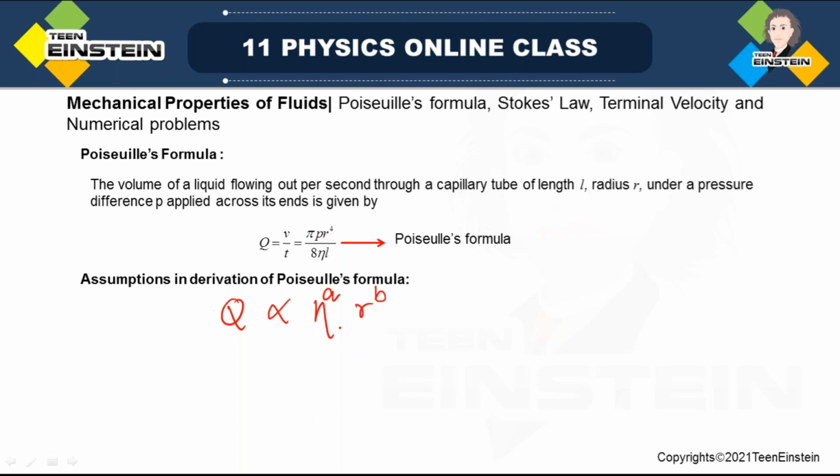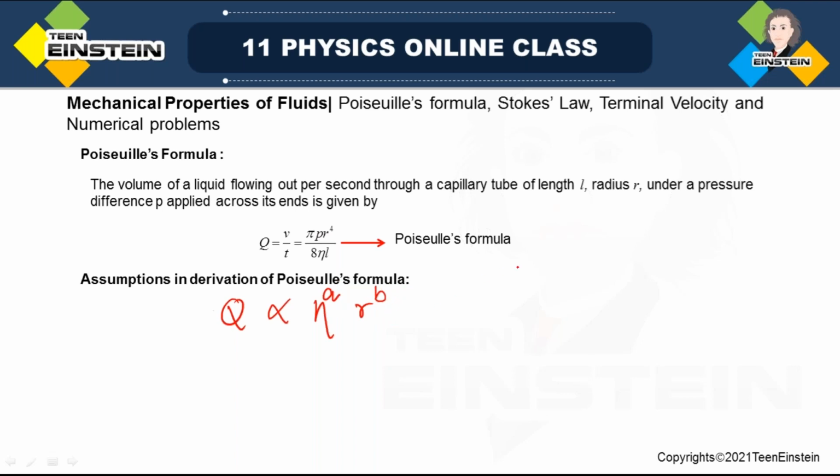Let us take, we don't know how it varies with the radius, eta to the power A, and B are actually some numbers which we will get after dimensional analysis, and R to the power B,